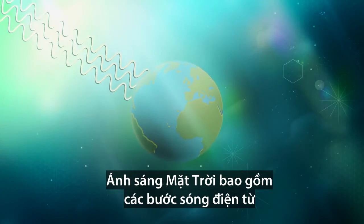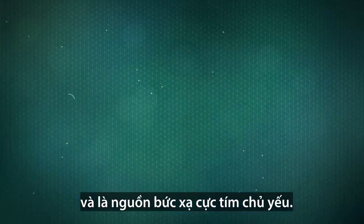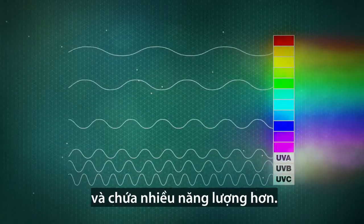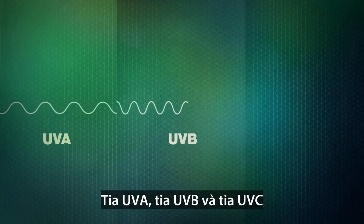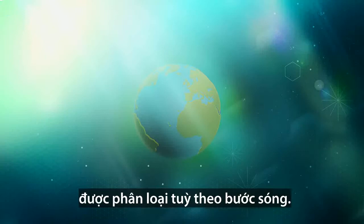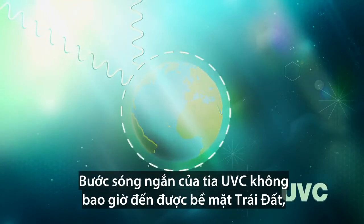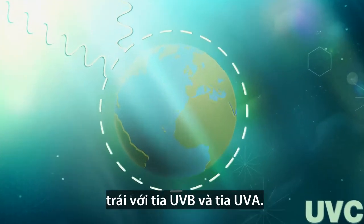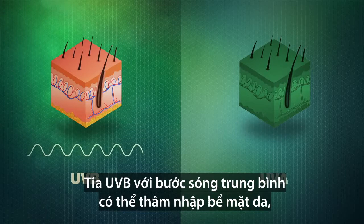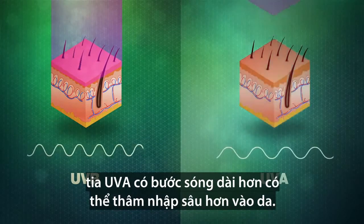Sunlight is composed of electromagnetic waves and is our primary source of ultraviolet radiation, which has a shorter wavelength than visible light and carries more energy. UVA, UVB, and UVC are classified according to their wavelengths. Short wavelength UVC never reaches the Earth's surface, but UVB and UVA do. Medium wavelength UVB rays can enter the skin's superficial layers, and long wavelength UVA rays can penetrate into the deeper